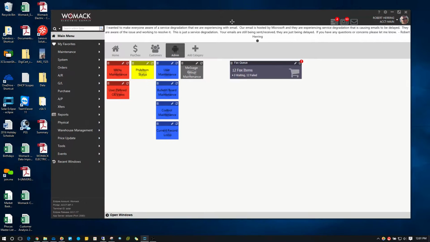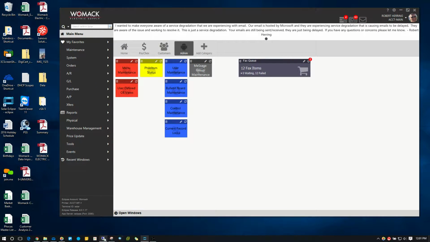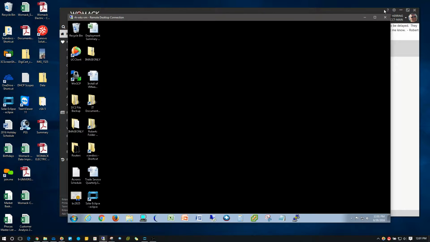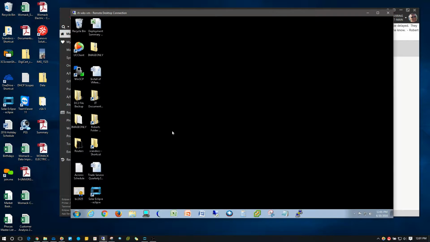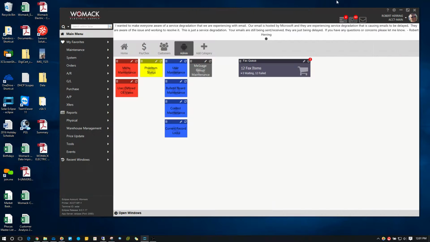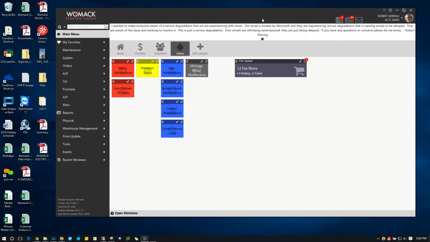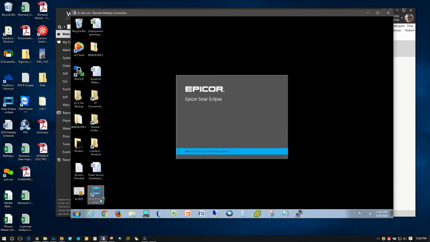So you can see that I'm currently signed into Solar. I'm going to bring up a virtual machine real quick, and I'm just going to simulate signing into a new Solar session from a different computer. Imagine this is my Solar session in my office. I'm sitting in my office, a customer comes in, I get up and go out to the counter, and I go up to the counter, which is this computer here, and I launch Solar